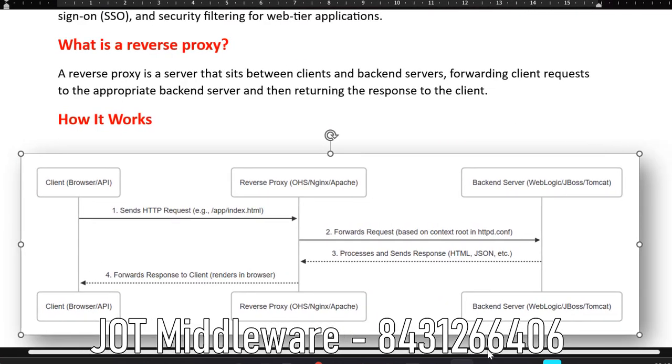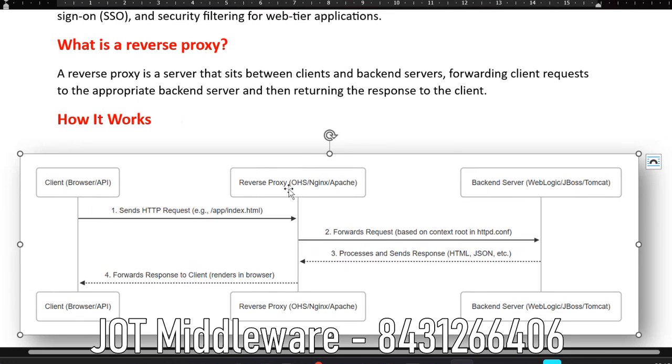These all are reverse proxies. The reverse proxy component sits between the client and the backend server. So all the requests, HTTP or HTTPS requests or API requests, will first hit the reverse proxy. The reverse proxy forwards the request to the backend application servers based on the context root that is configured under